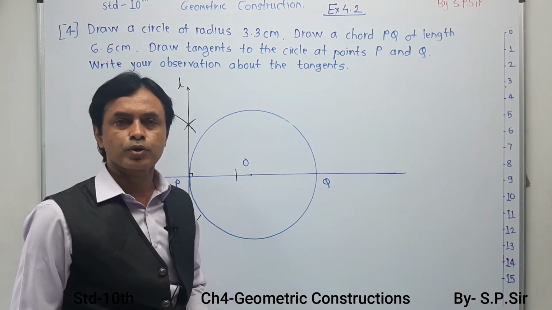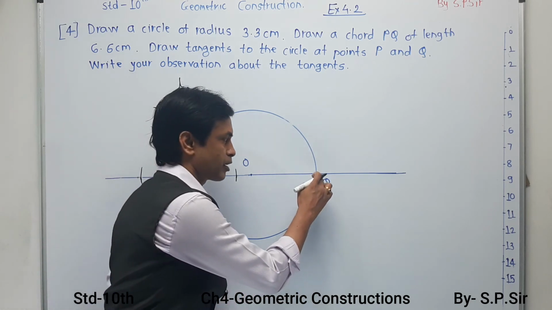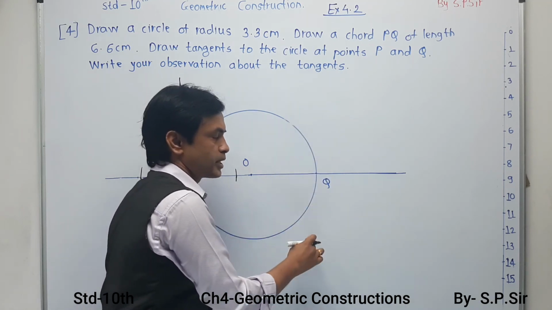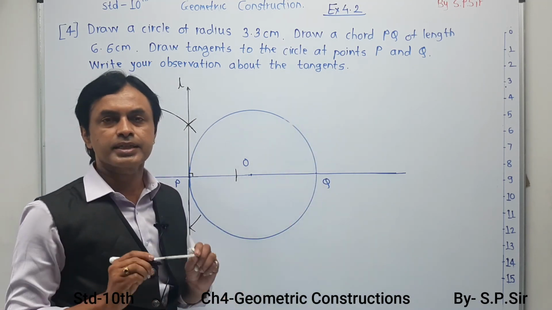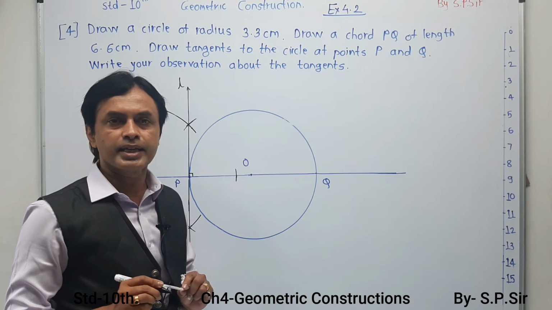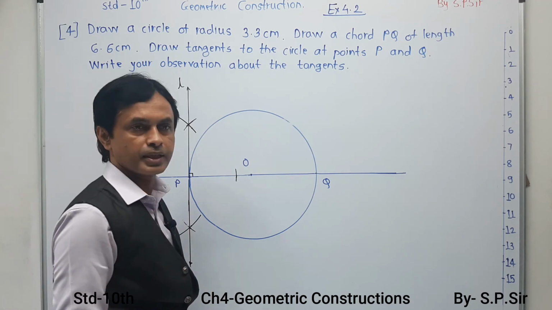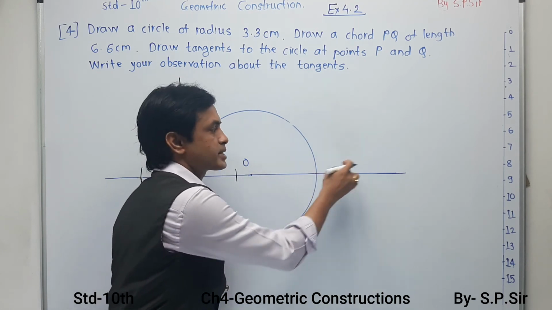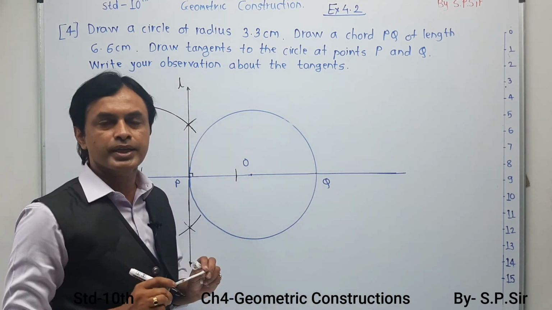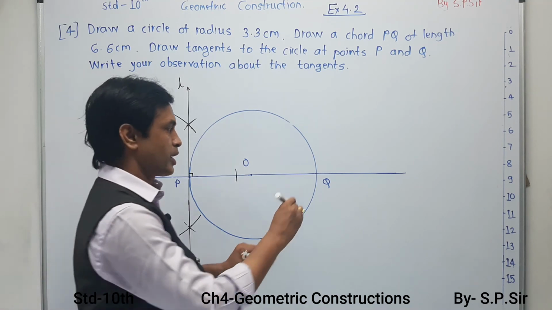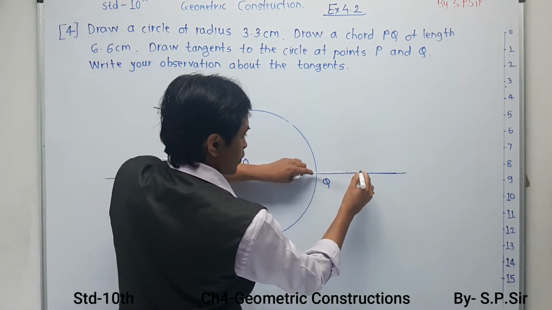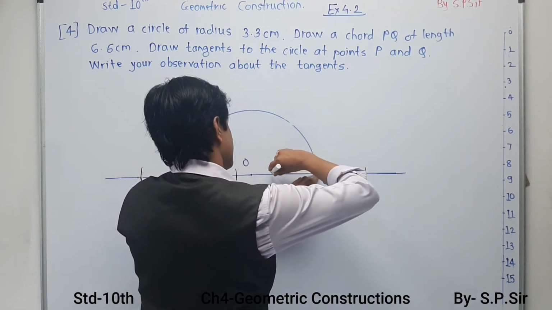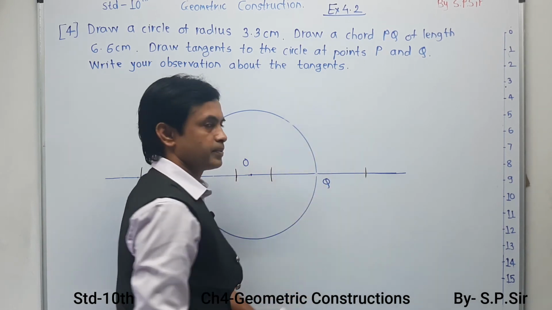In a similar manner you have to process the same part, but now your Q will act as a center for marking because your respective tangent is over here. In this case, take a general distance in a compass and again take a lesser distance than 3.3. The reason behind that, one mark is somewhere between O and Q and second mark will be outside the circle. So I have taken a distance approximately 2.5 and I am going to make a mark. From this part, I have made first mark outside the circle and second mark inside the circle.